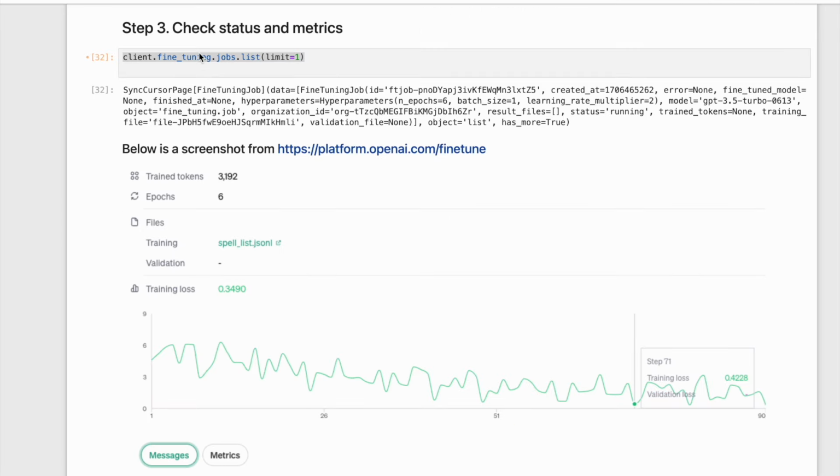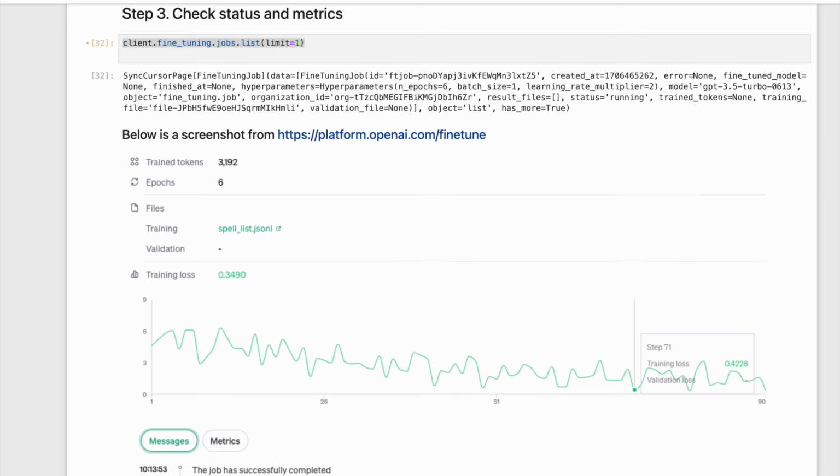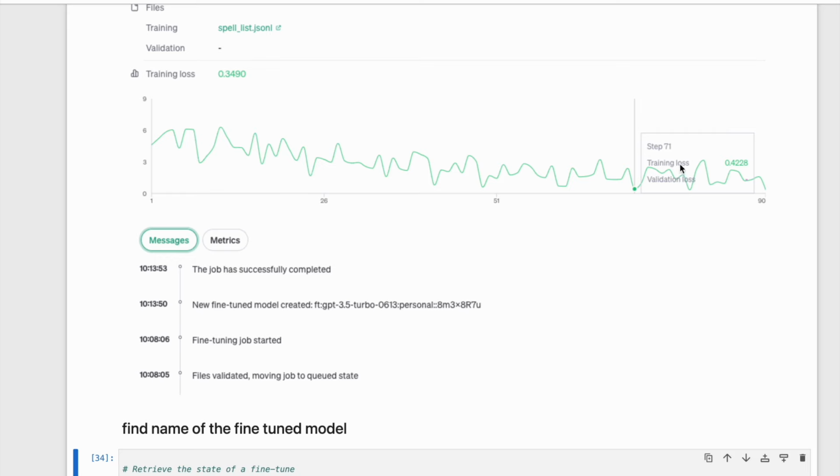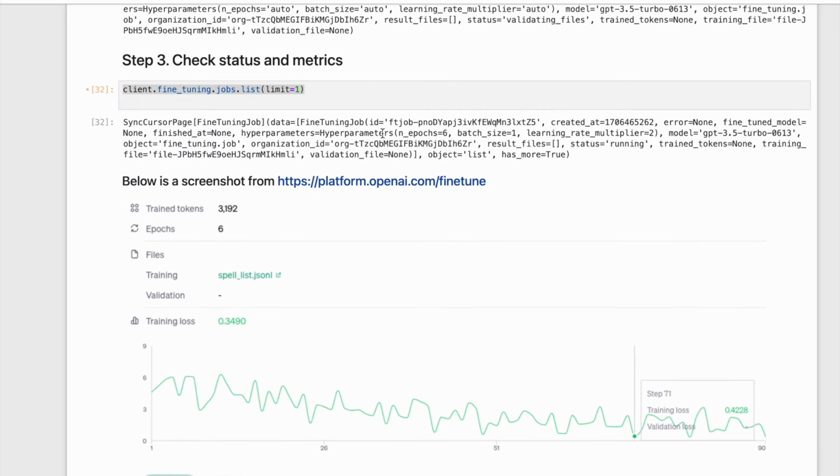Let us do step 3, which is to check status and metrics. The command client.fine_tuning.jobs.list will list the fine-tuning jobs. We can look at the current status. Statuses are like validating files, running, completed, etc. We can also go to the URL platform.openai.com and look at metrics. We can look at how the training loss goes down and converges. If we want better results, we can tweak parameters like number of epochs, learning rate, etc., and submit the training